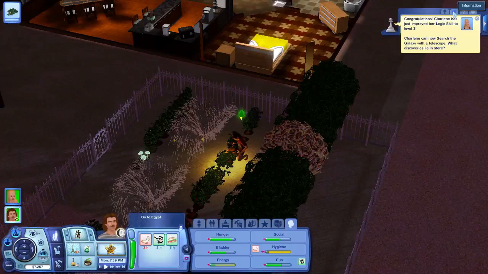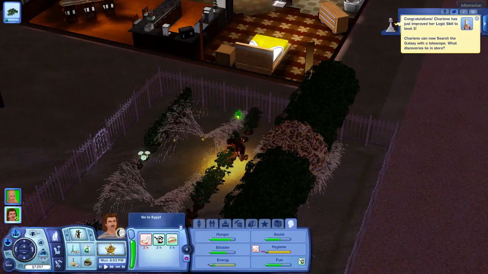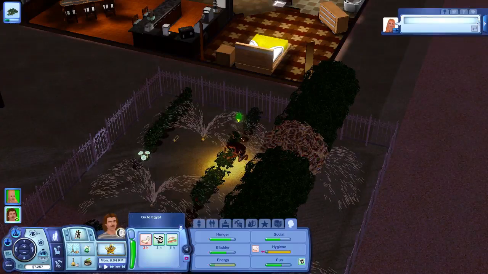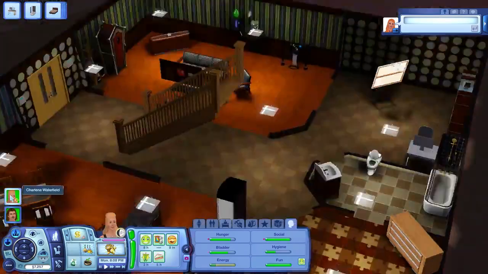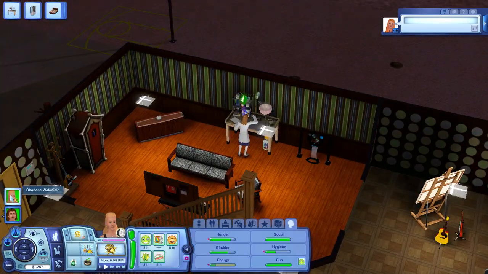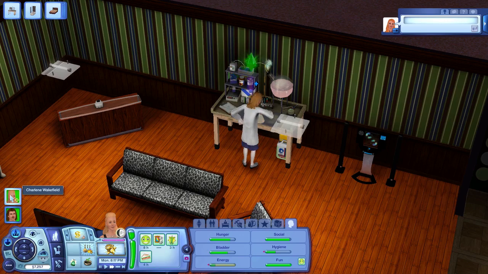Alright. Logic to level 3, that's good. You can now search the galaxy with a telescope. Anyway, guys, I think this is going to be a good stopping place. Well, we'll see if she discovers a potion first. Yeah, we'll see if she discovers a potion first. And...